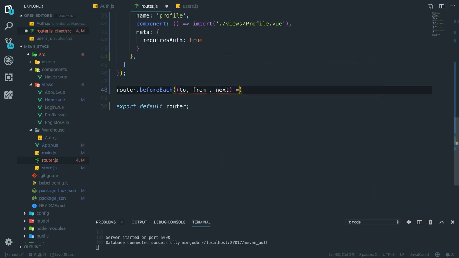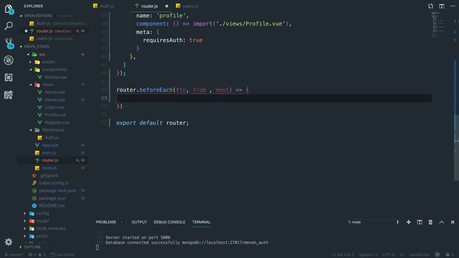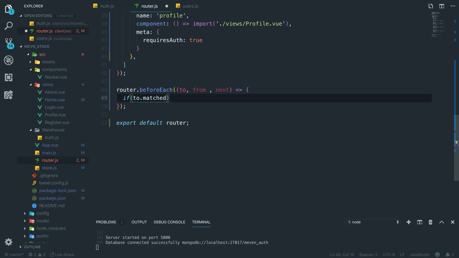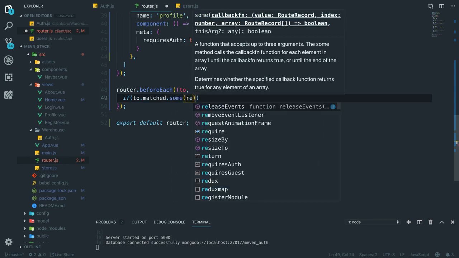This 'to' is the next page to which we are trying to go, and the 'from' is the page, or view, which we are coming from, and next is the thing. So to.matched.some, which will give a record,